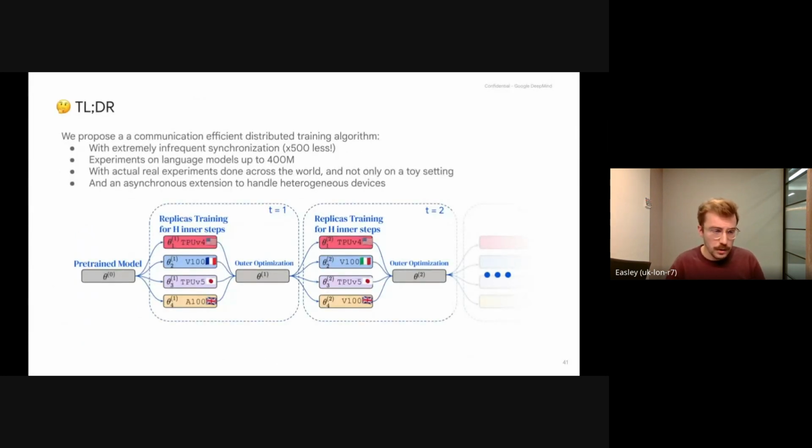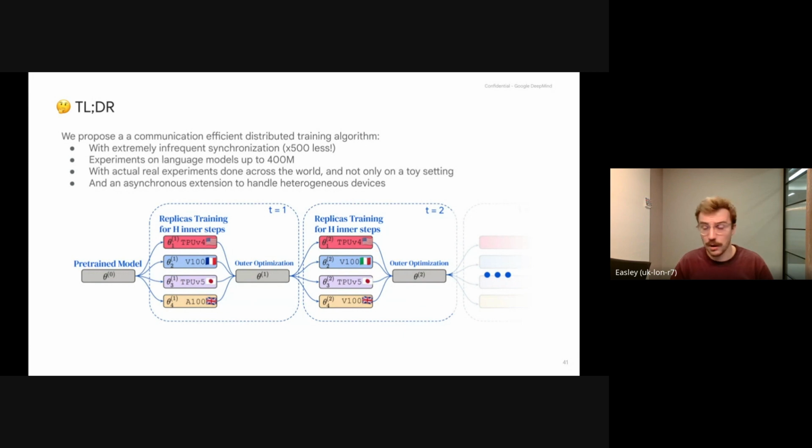So as a summary for this talk, we propose a communication-efficient distributed training algorithm. We take inspiration from the federated learning literature, but we synchronize much less. We synchronize every 500 steps. That's 500 times less communication, which is actually helpful to train a model for real across the world.